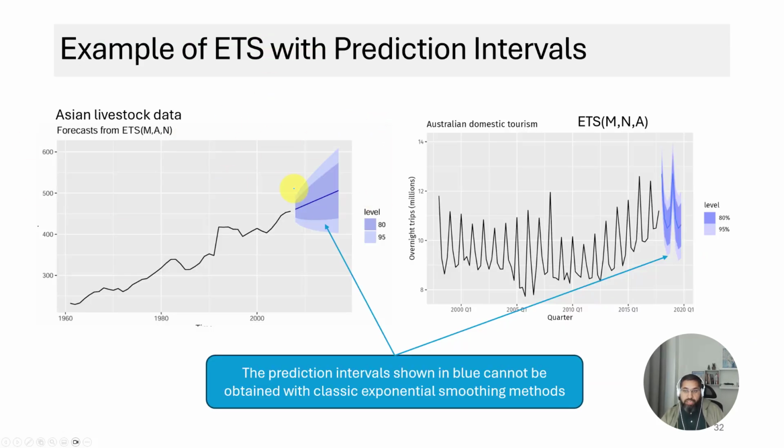Okay. So let me show you some examples where ETS was used. Notice the cool thing about these examples. Yay, we get prediction intervals. We love prediction intervals. Okay. Notice the prediction intervals, right? And so here you have data with trend but no seasonality. So look at that. Multiplicative error, that's the error, M for the error. Additive trend, and no seasonality. No. Why no seasonality?